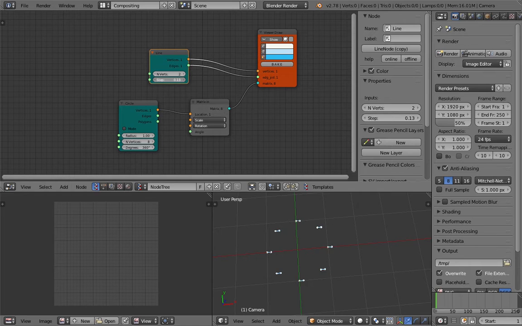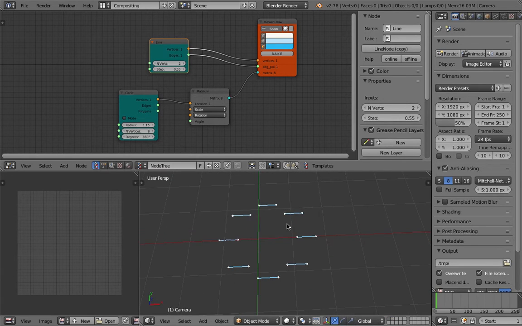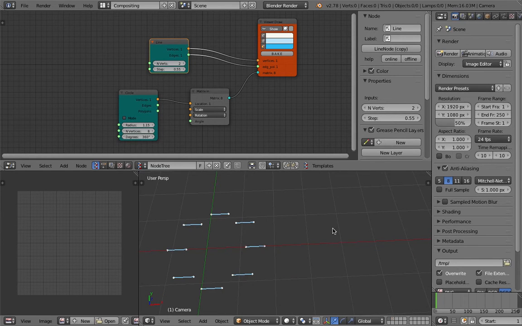So that's the line being placed around the circle. So this can be our starting points. But of course, currently the line is going in that direction. That's the default line direction in the x-axis. That can be to our advantage actually. If we want to make this line become more like a ray in that direction,